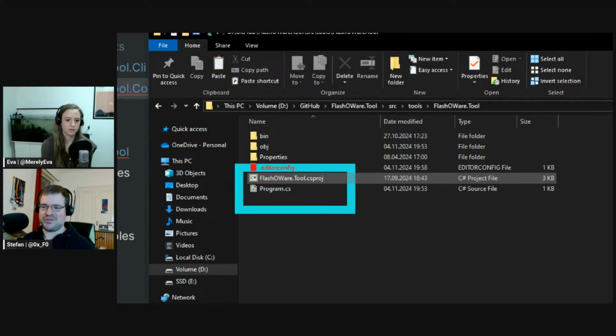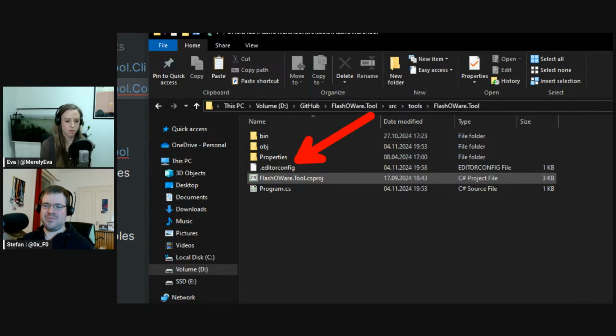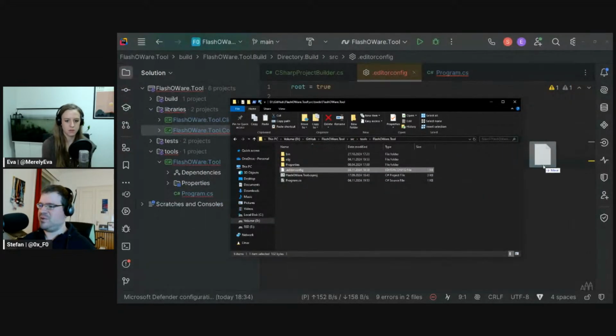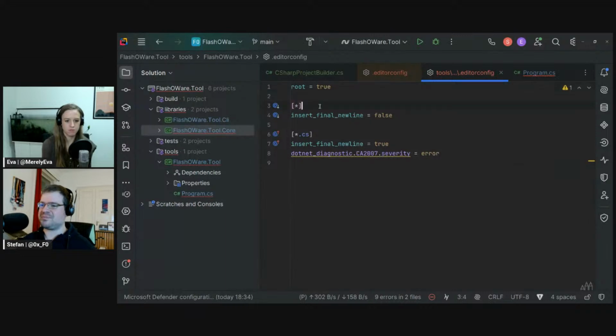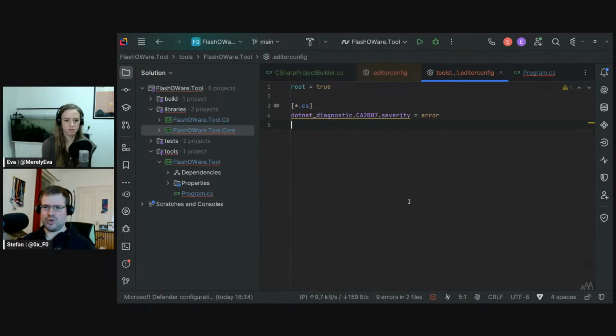Also, both of these files may apply rules of this EditorConfig, if there are any in there. Maybe there aren't. Maybe it's empty. Or maybe in this EditorConfig we only have this severity setting, but no styling code, because maybe only in this project we want to have this severity, but not in other projects. And if we do not have root is true,